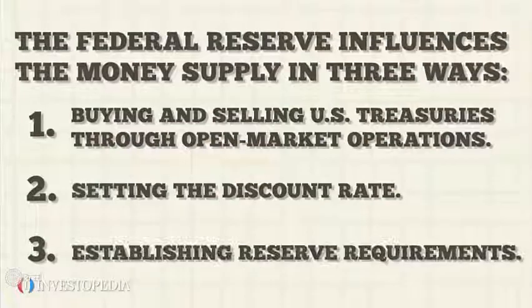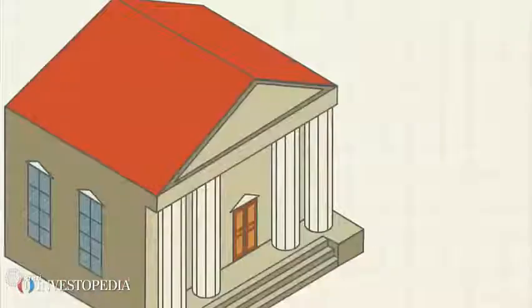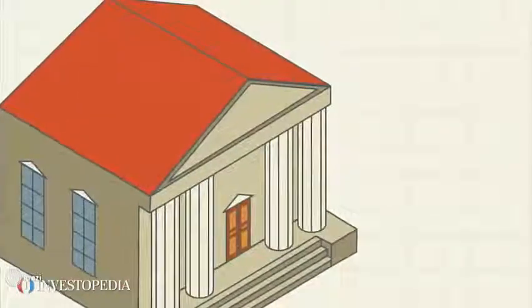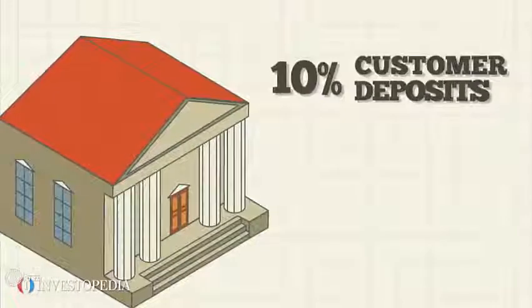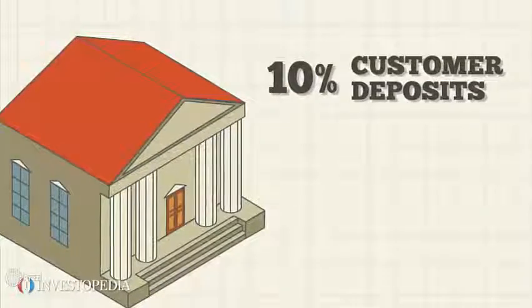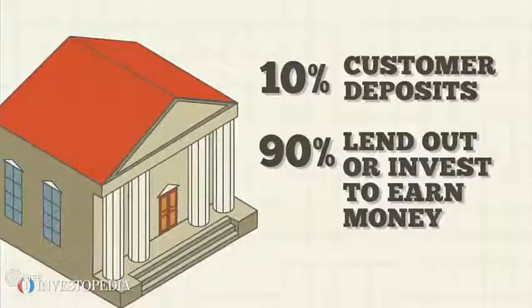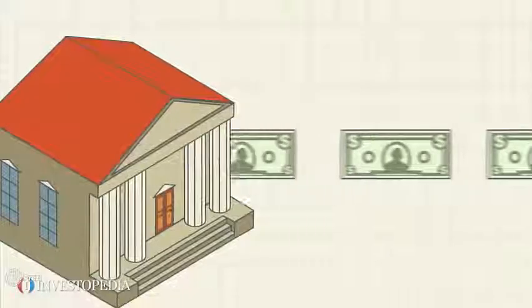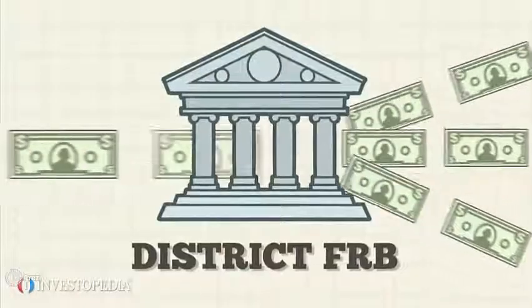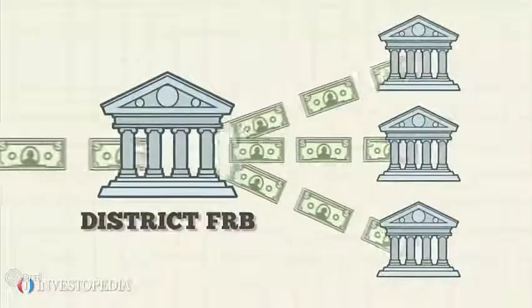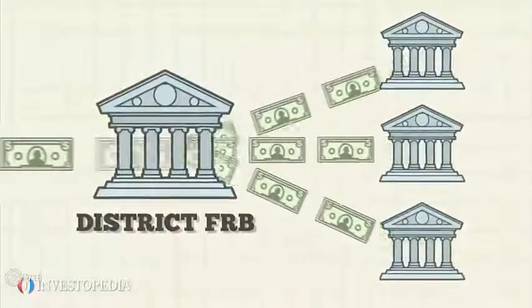3. Establishing reserve requirements, or telling banks what percentage of customer deposits they must keep on hand, say 10%, so customers can make withdrawals. Banks lend out or invest most of the other 90% to earn money and deposit any excess funds with their district Federal Reserve Bank so other banks can borrow at the discount rate to maintain reserve